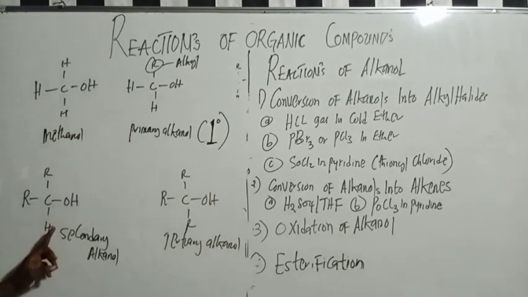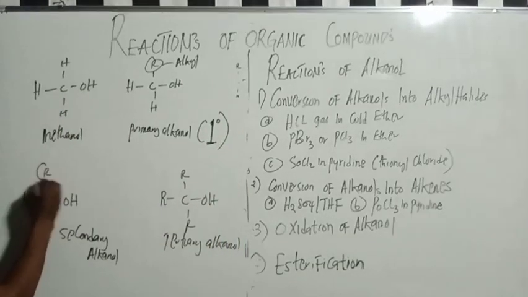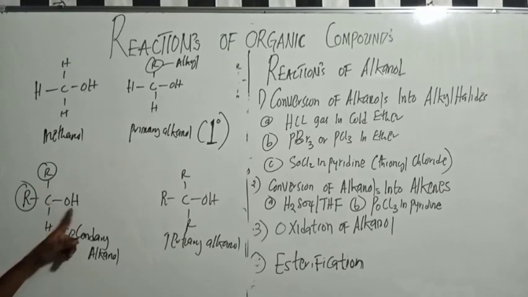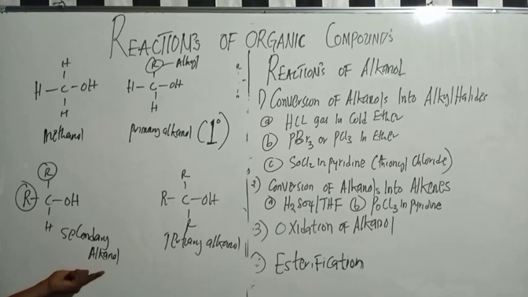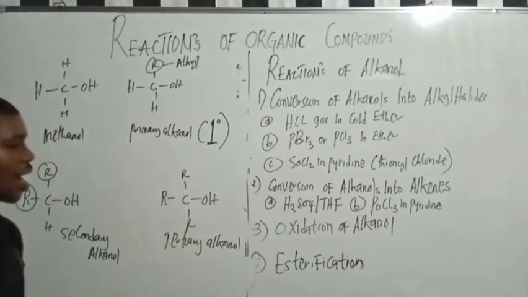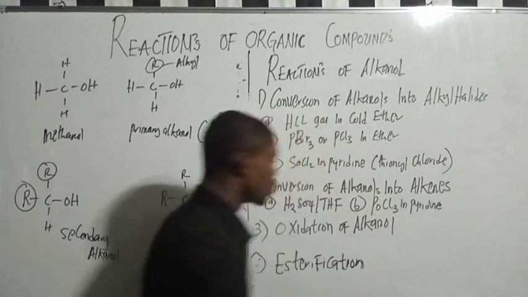1 degree. Now here we have secondary. That is, we have 2 alkyl groups. Whenever the carbon that carries the OH has 2 alkyl groups, it is a secondary alkanol. Do you get that? And why is it a tertiary alkanol? And for the oxidation of the alkanol, we can use